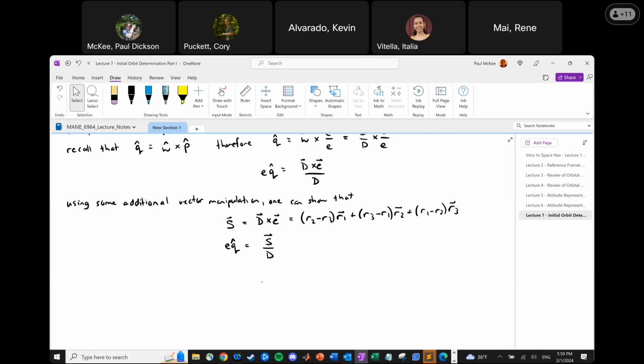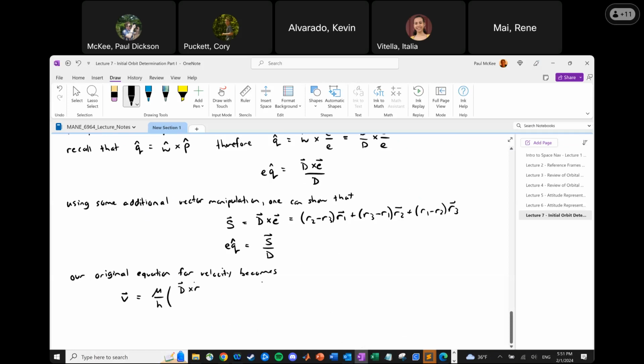So our original equation for velocity from up top becomes, we're going to have a couple steps here. V is equal to mu over H,